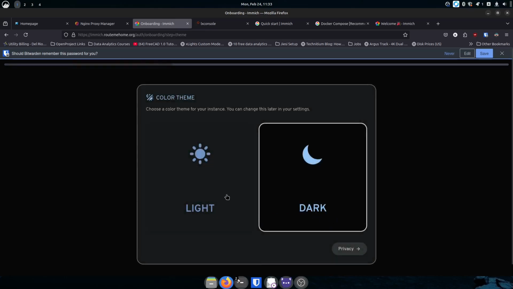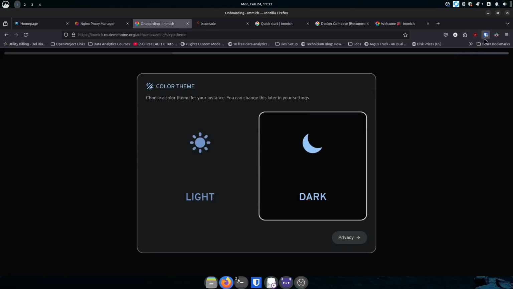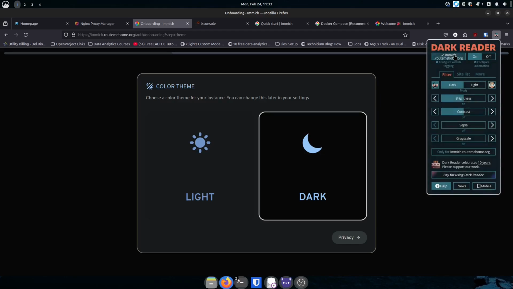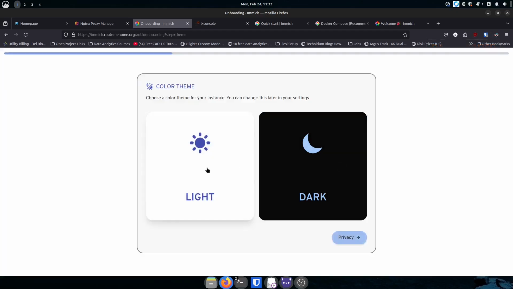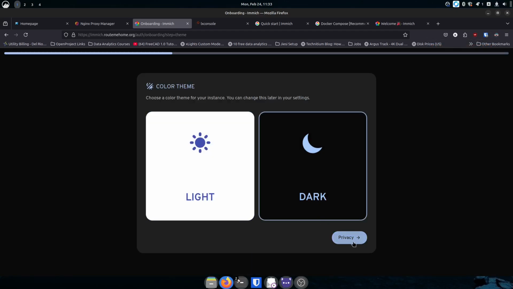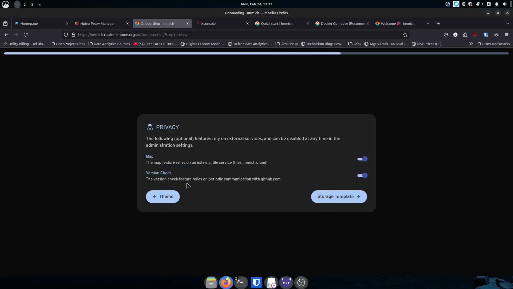So this is what I like. It says, hey, do you want light or dark mode? So I'm going to undo the dark reader here just so you can see light or dark mode. So if you switch, it'll switch. I'm going to put dark. It's going to tell us